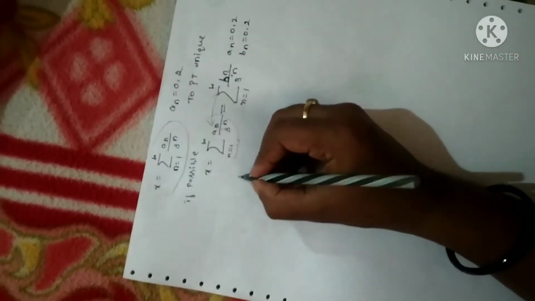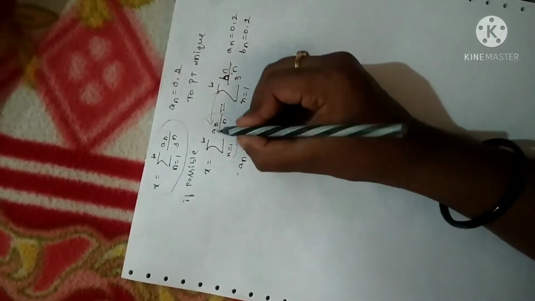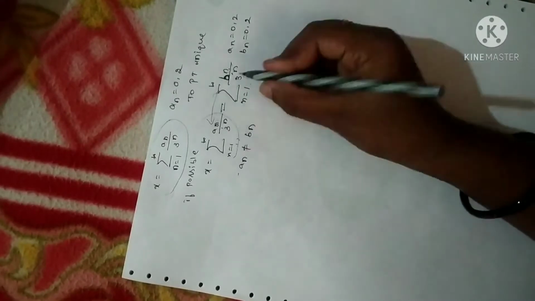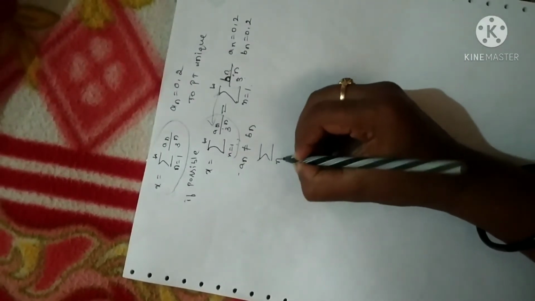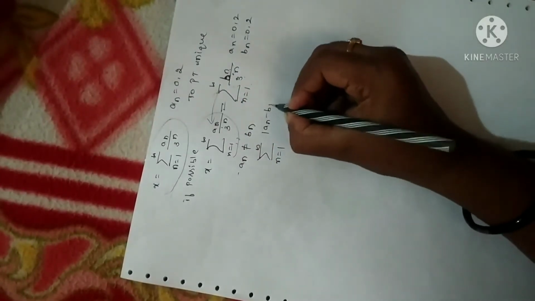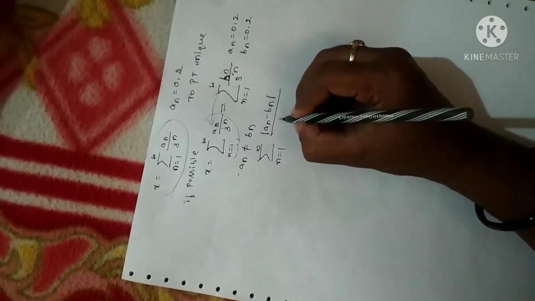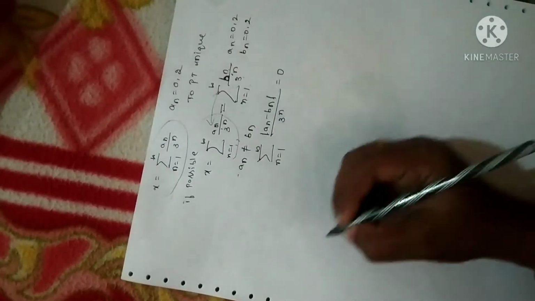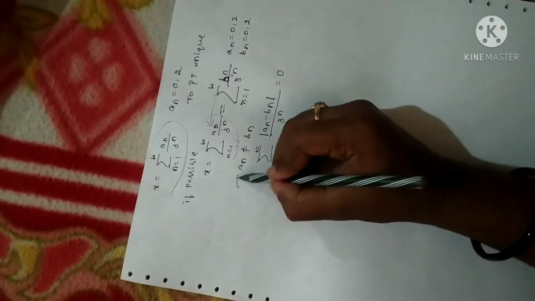Fine. Now I am proving it by contradiction method. Suppose they are not equal. Let me take an is not equal to bn. Meaning they are different from one another. Fine. Now if that was the case, I can rewrite this expression as an. I am shifting this number, so obviously it is positive. Let me take an by bn 3 power of n is equal to 0. I can write. Fine.